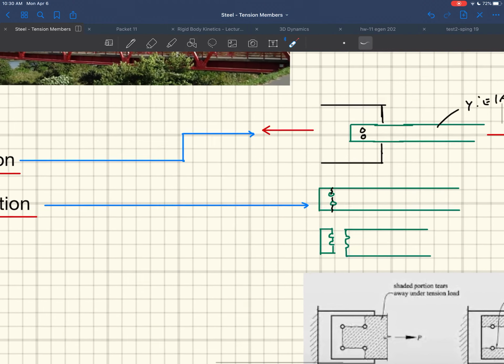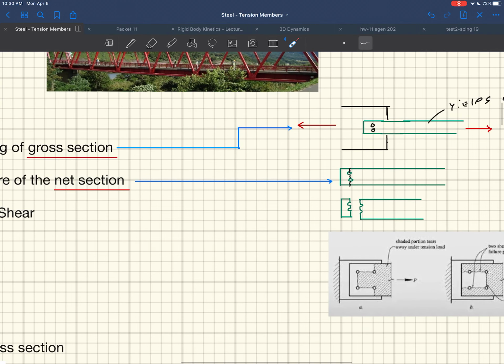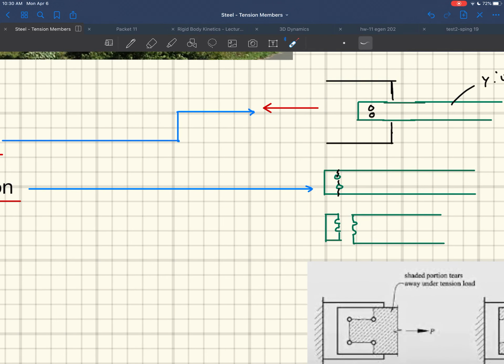And so if you're paying super close attention, you might be like, well, what about yielding of the net area, right? And so actually what'll happen is if you start pulling on this thing, it will yield here first, right? You have a reduced section, right? Your steel member is smaller around these holes, right? You've basically subtracted out the area of holes. So it's going to yield